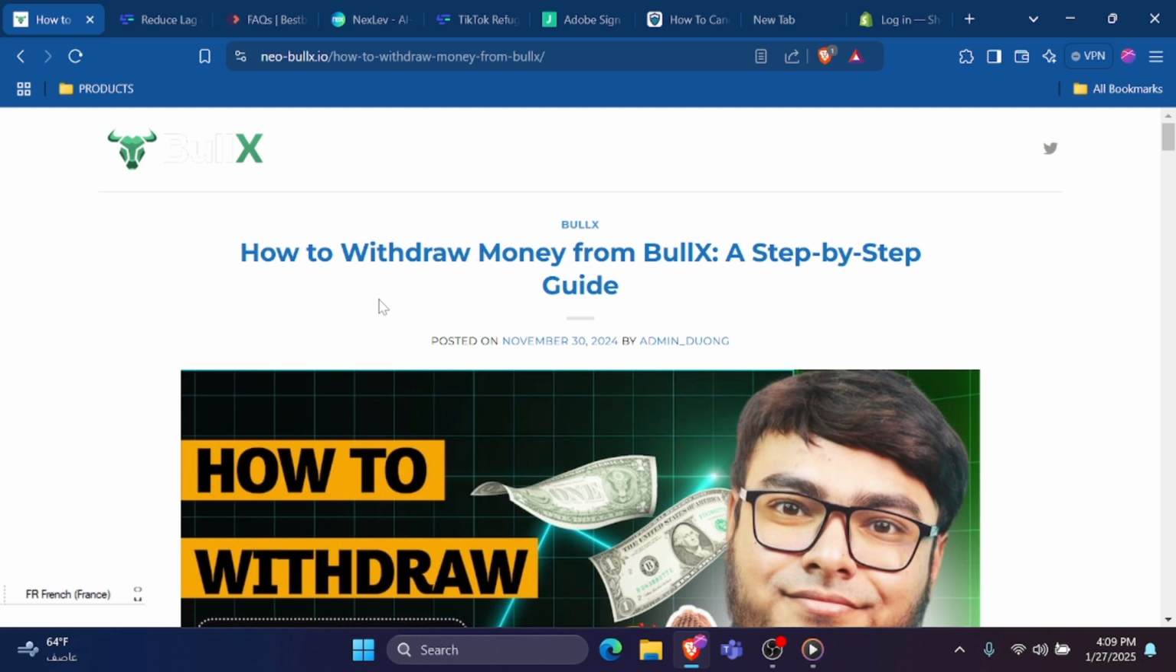And after pasting it, enter the amount you wish to withdraw. Make sure you're withdrawing enough to cover any potential transaction fees. Once everything is set, click on the withdraw button and you may be asked to complete a two-factor authentication,